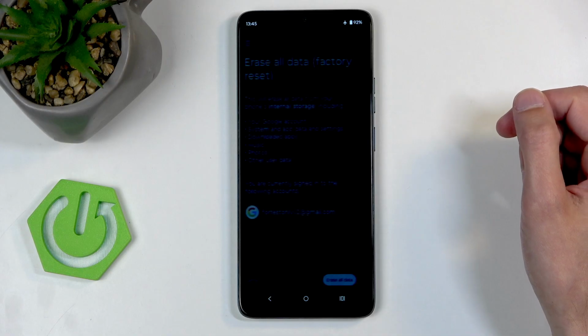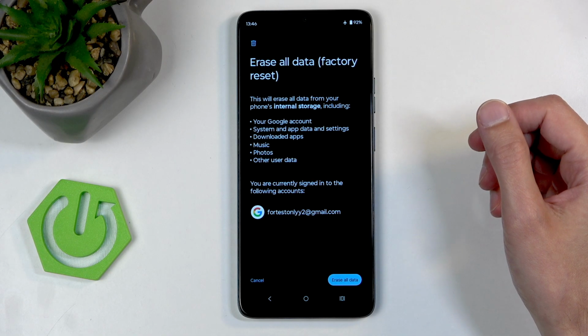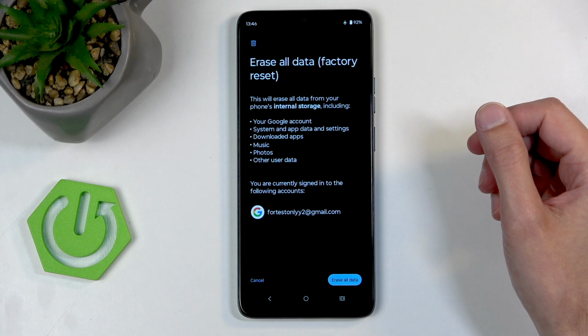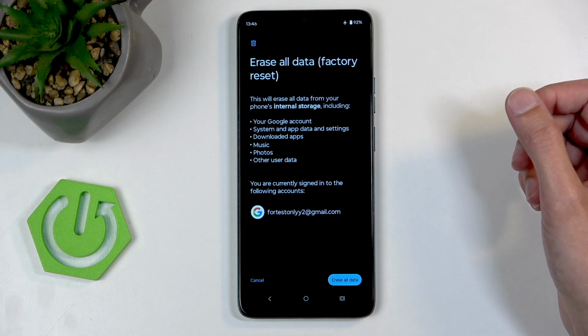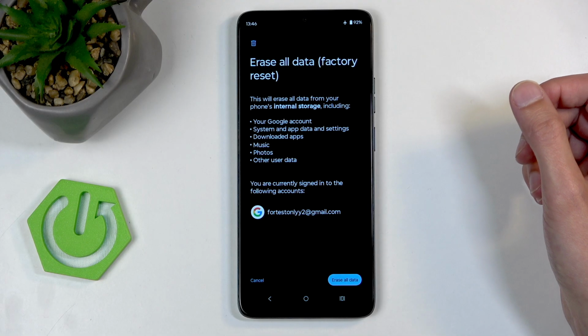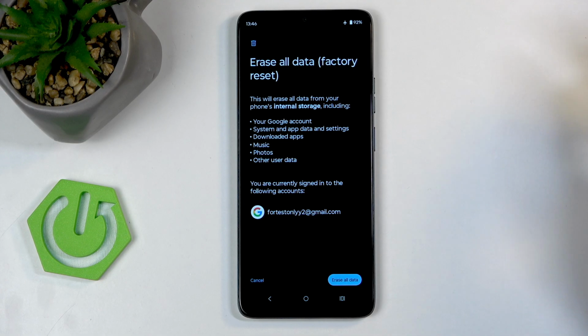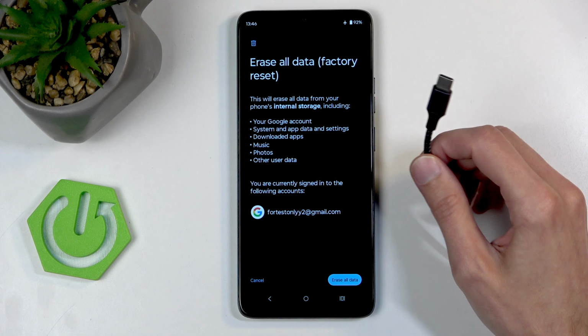When you click on it, give it a moment and it will give you all the data that will be removed by this process, which importantly includes things like your music, photos, and all user data. Now, if you have anything of that sort that you'd like to maintain, I recommend creating a backup of it to your computer. Now, you can do this by just grabbing something like this cable, plugging it into your computer,